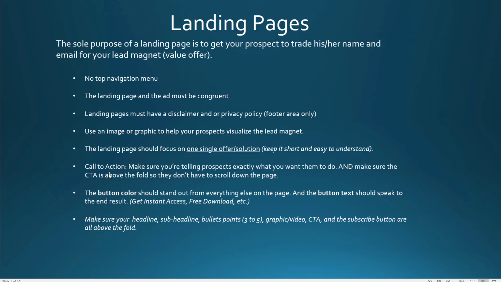Make sure that your landing page has a call to action. Make sure you're telling prospects exactly what you want them to do, and make sure the call to action is above the fold so they don't have to scroll down the page. Okay, I'll show you all this when we get into the examples. Now the button color should stand out from everything else on the page, and the button text should speak to the end results, like get instant access or free download, yes I want this, anything like that to move people